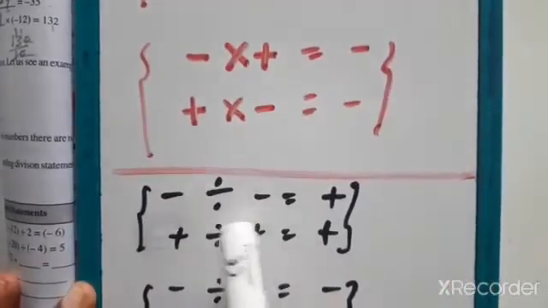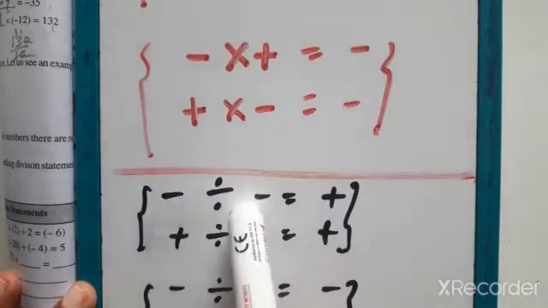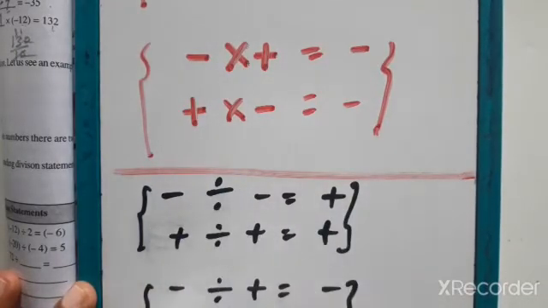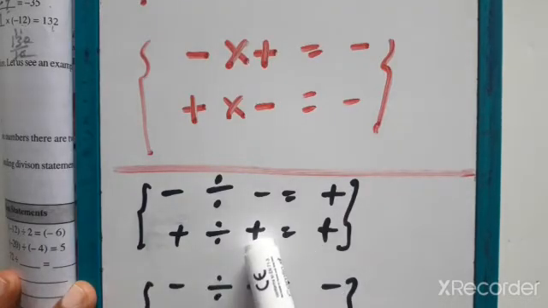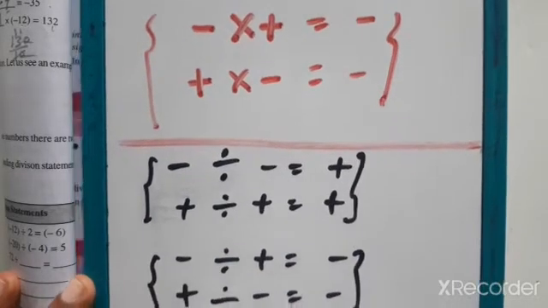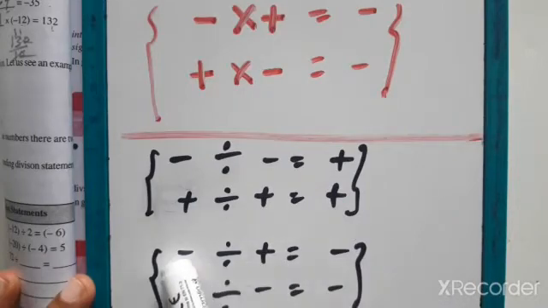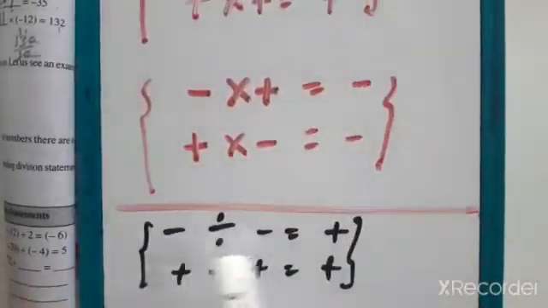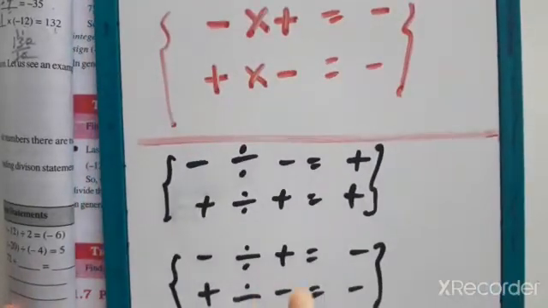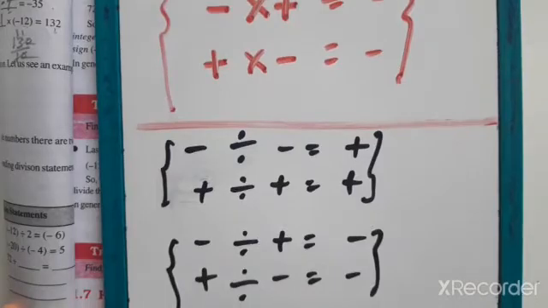If we multiply the same symbol with the same symbol, the answer is plus; with different symbols, minus. If divided with the same symbol, meaning numerator and denominator both with the minus symbol, the answer is plus, and if both are plus, the answer is plus. If the numerator is negative and the denominator is plus, the answer is minus, the same as the multiplication method. Same symbol plus, different symbol minus.